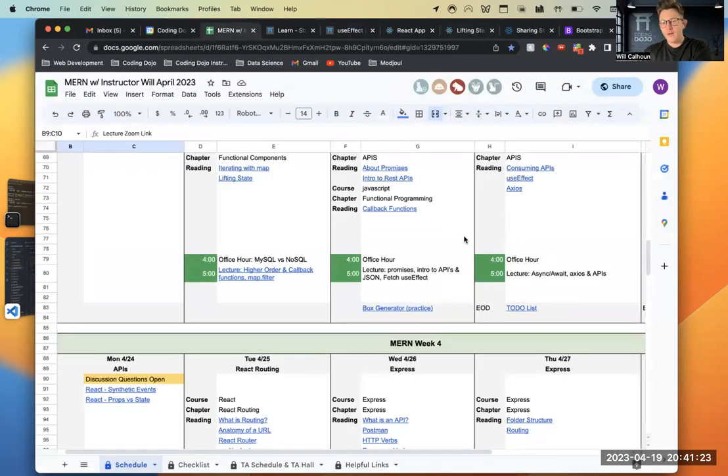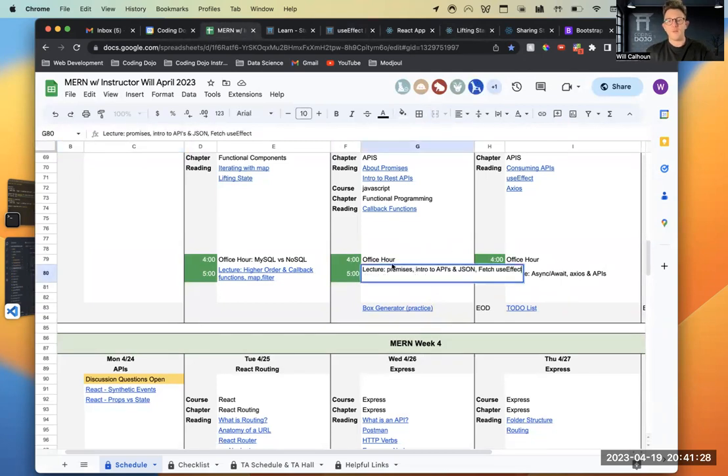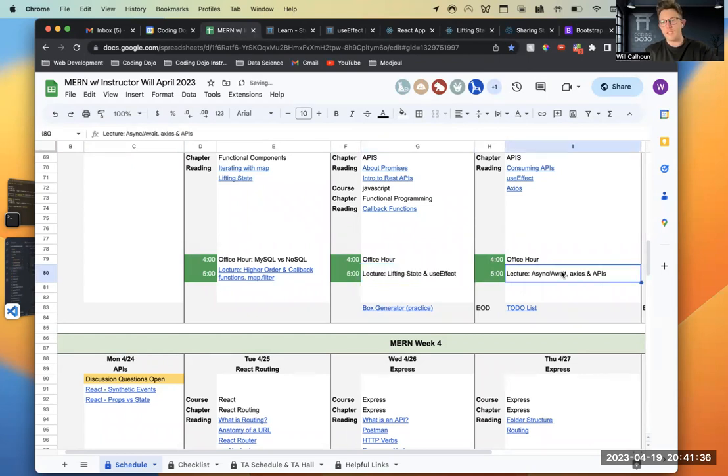It's kind of interesting. We learn about APIs. So today was lifting state and use effect. Tomorrow is just going to be Axios and APIs. I don't think we're going to do async and await. And then we will be ready for next week.